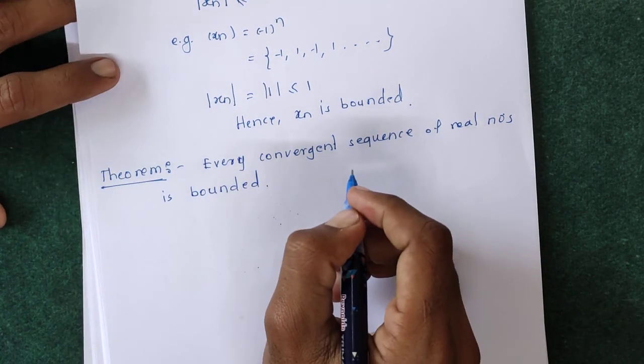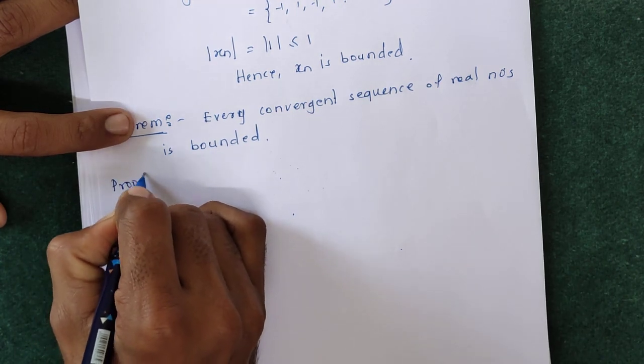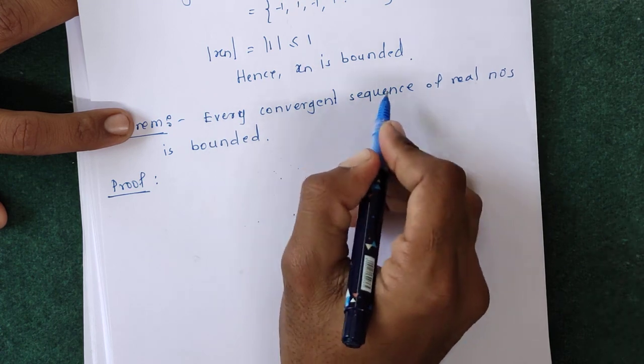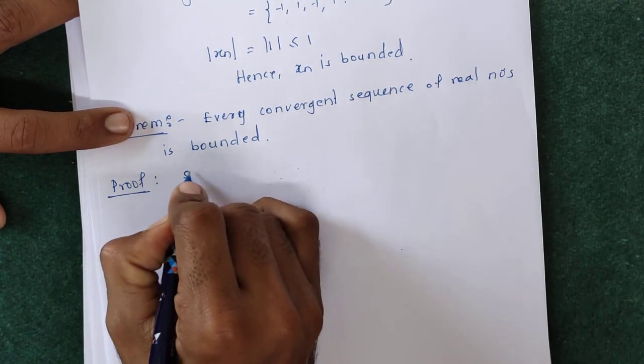Every convergent sequence of real numbers is bounded. This is the important result in this second chapter. To prove this theorem, we are given that xn is a convergent sequence, and we have to prove that that sequence is bounded. Now we suppose